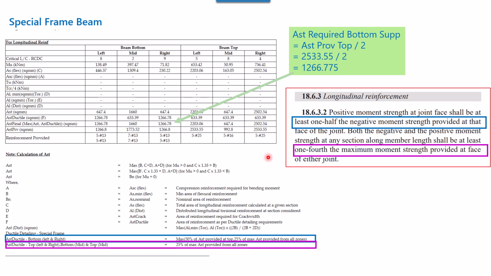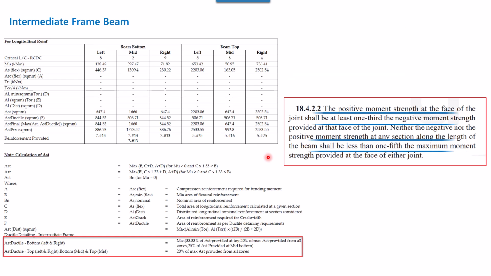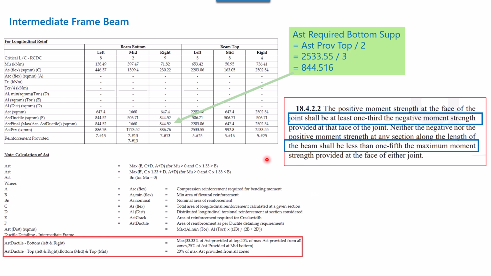Now on a similar basis, for an intermediate frame beam, similar types of clauses are mentioned and followed. For the intermediate frame beam, it's 1/3 of the top reinforcement that needs to be provided for the bottom support locations, and it is just 1/5, that is 20% of the AST, for other locations. So taking the same example over here, this is 1/3 of what has been provided for the